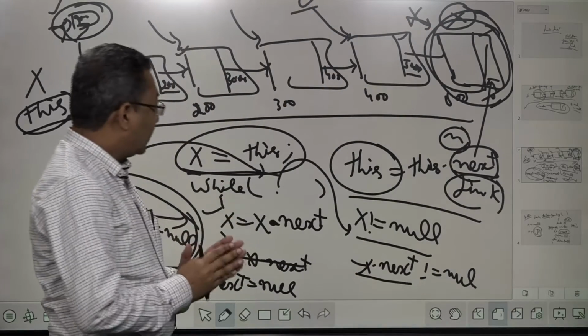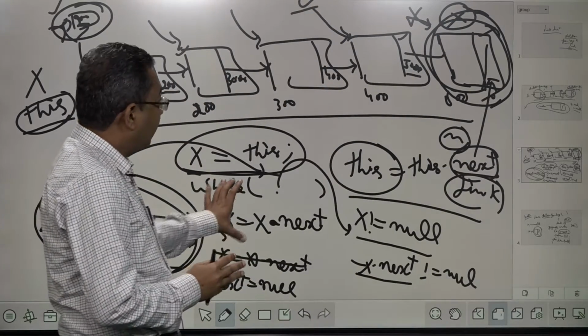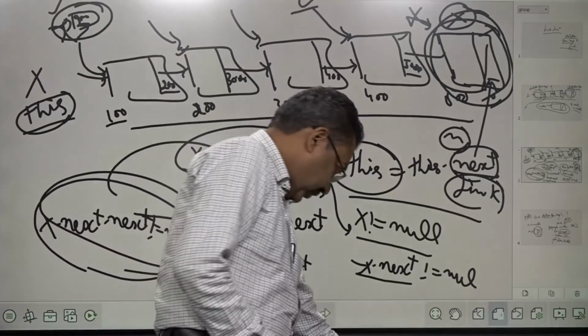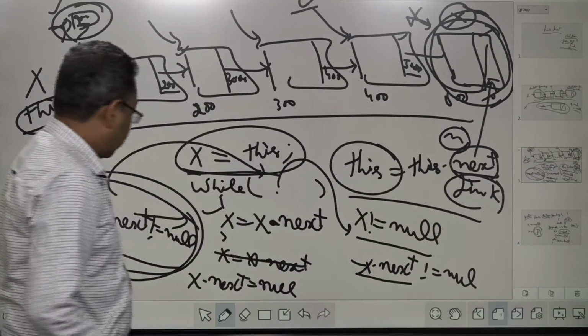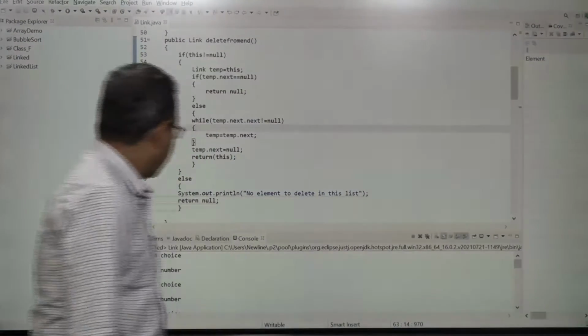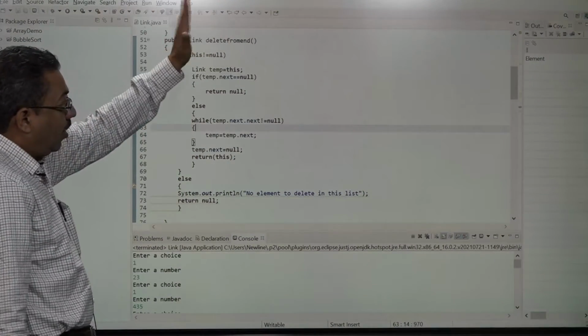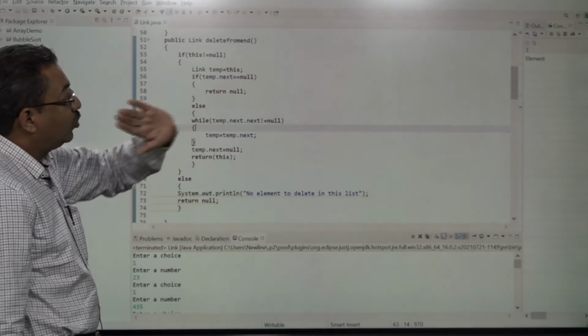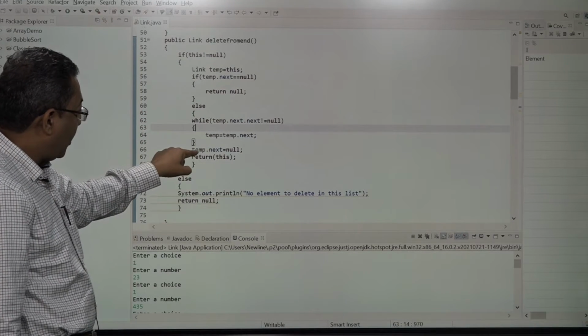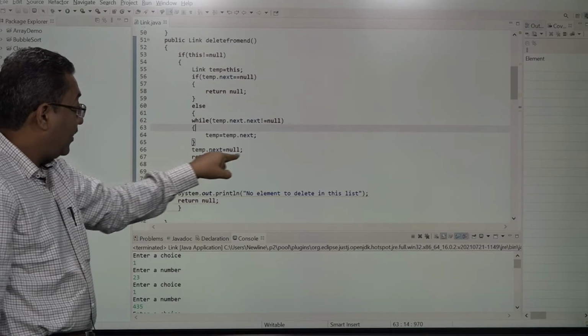So here we are considering this is the case where the list contains at least two nodes. In case of multiple nodes, of course, this is helping us to move ahead. And once we have reached the node previous to the last, then what to do? Come out of this loop and apply this statement.